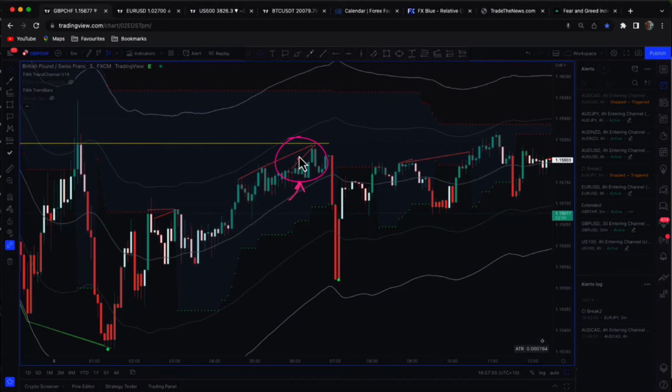Let me explain how the alert works. We've got these set up to repaint by default. We want them to repaint. The market is constantly moving, and this is telling us that the market's overextended. It could even keep going and extend further, so we don't want that dot where it's not meant to be. The way that we work these is when the dot fires, it creates the alert over in the alerts log